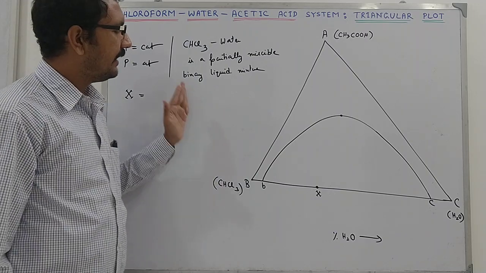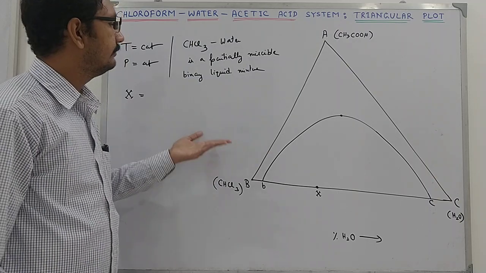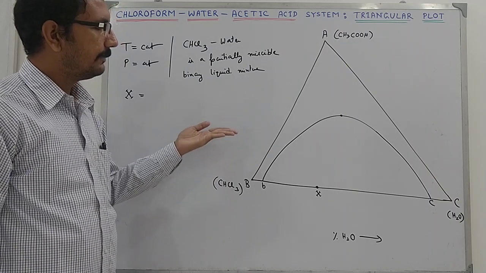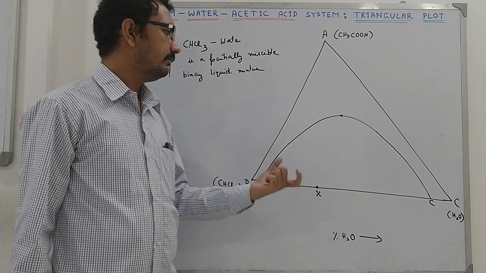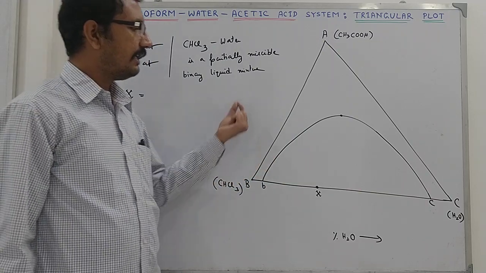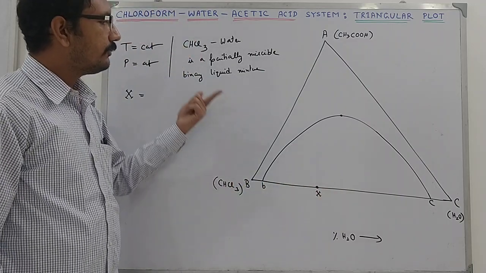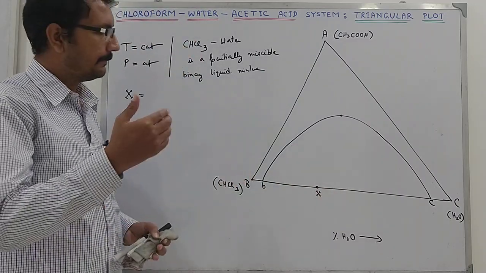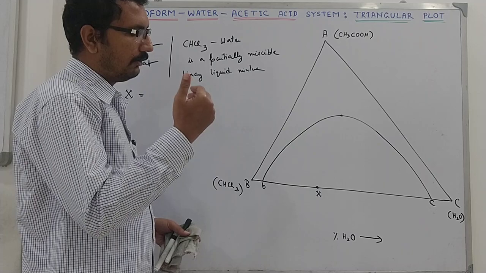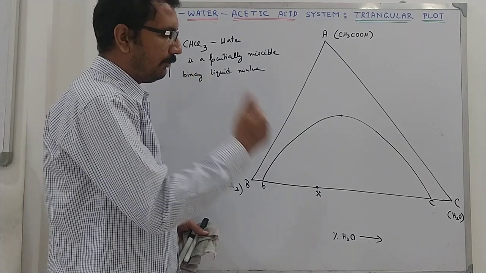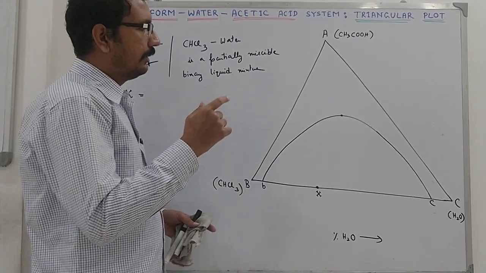Now if you remember the lecture on the effect of impurity on the critical solution temperature, you noticed that an impurity, an externally added foreign matter, a third substance, when it is added to a heterogeneous solution having two separate layers, and it is soluble in both the layers, then it helps the mutual solubility process. It favors the mutual solubility. It acts as the cementing force.